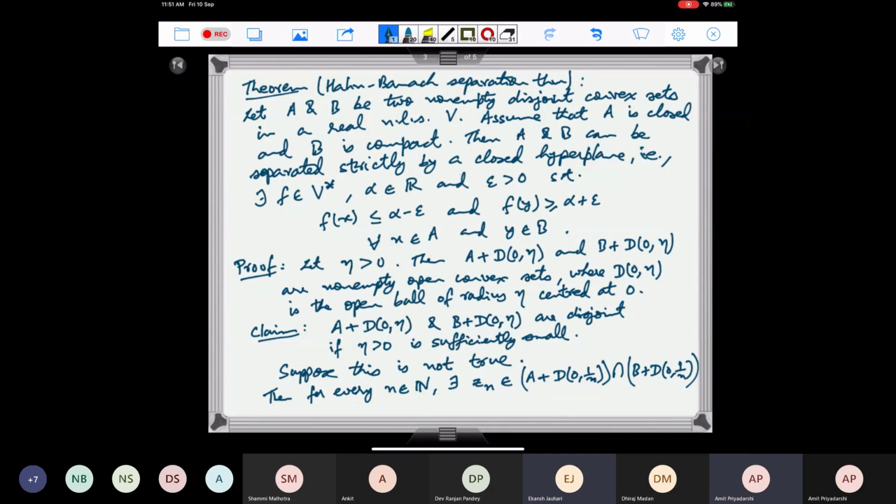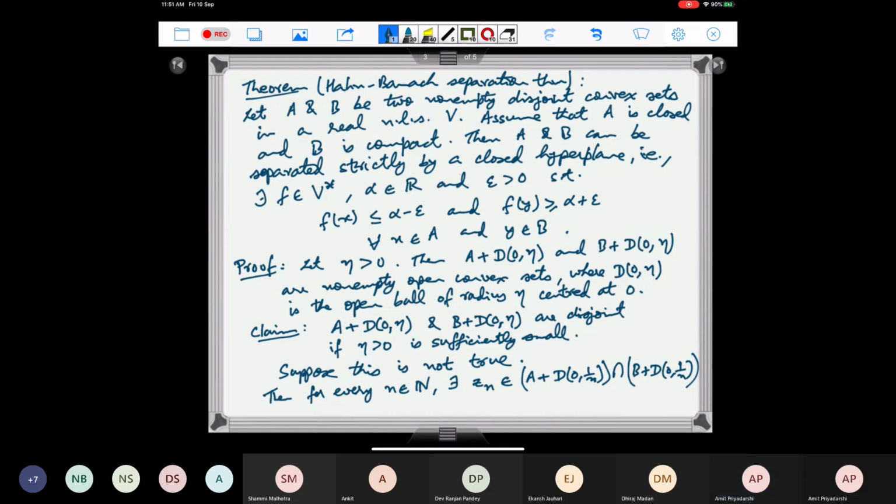No, I don't know. In general, you cannot say that you can separate by balls, right? Because that theorem only says that there exist some open set containing A and an open set containing B such that the intersection is empty. But then you will have to guarantee that there exists some open ball inside that open set which also contains A and similarly B, and then you can do so. So I don't know directly whether you can say that.